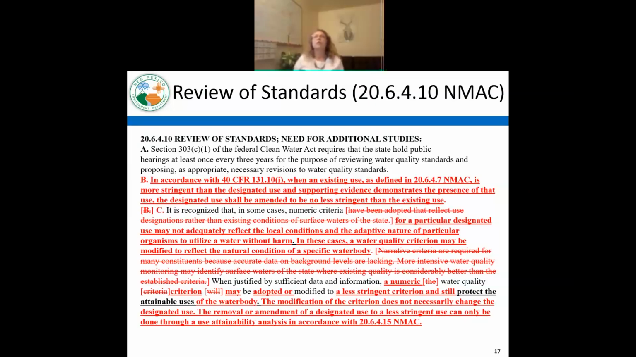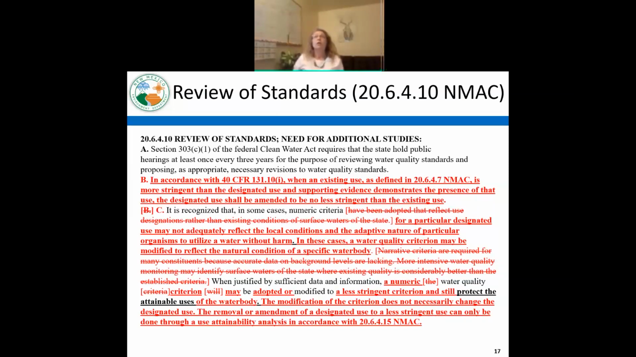So beyond the general amendments being proposed during this triennial review, there's a few sections of NMAC that the department is proposing more significant amendments to. The first section that I'd like to discuss are those amendments in the review of standards need for additional studies, and that's under